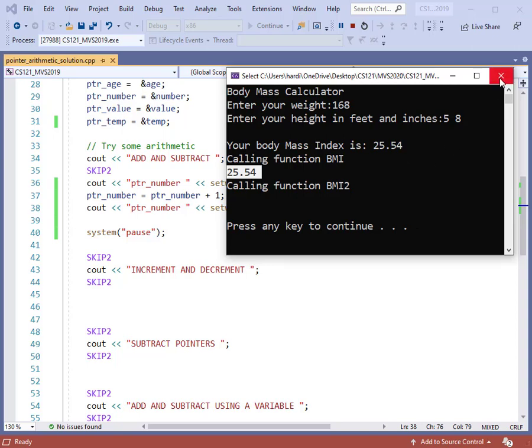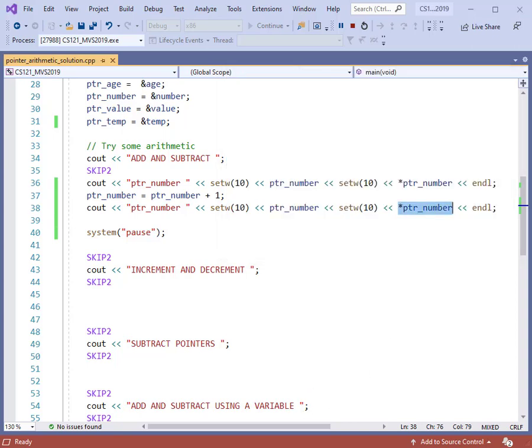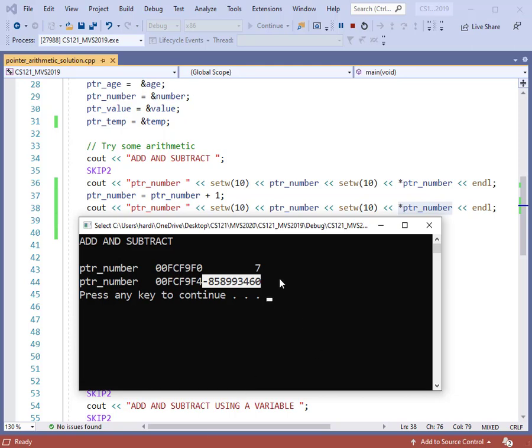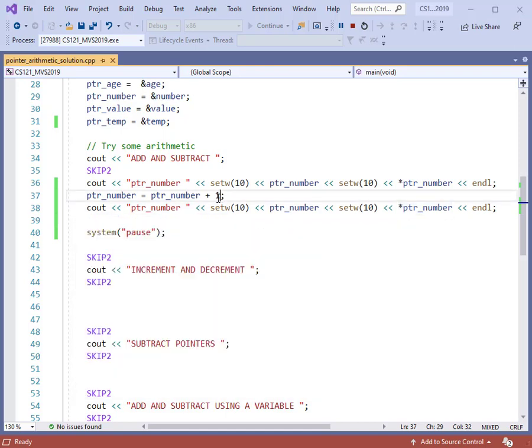Now, whoops, that's the wrong thing. Let's bring up our output window again. Okay, there it is. Now, the reason that I get a difference of 4 whenever I'm adding 1 up here